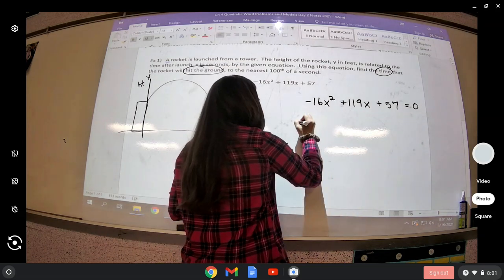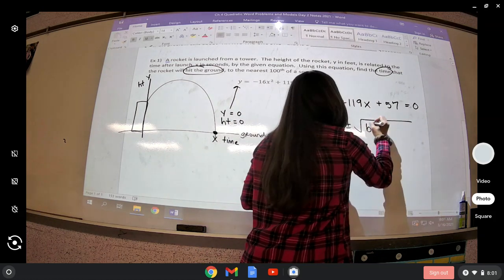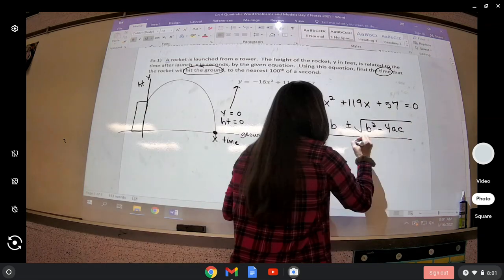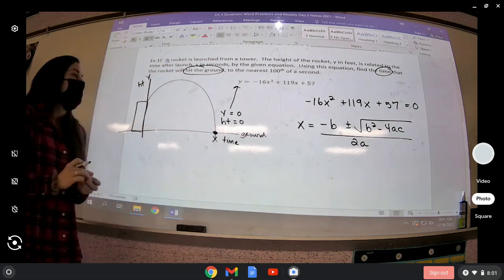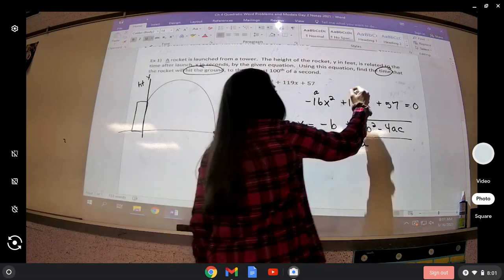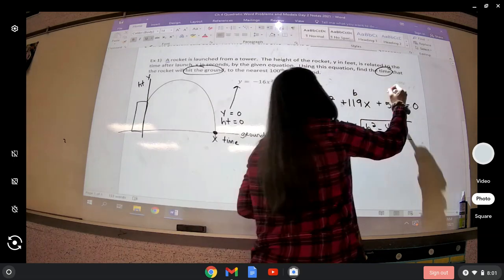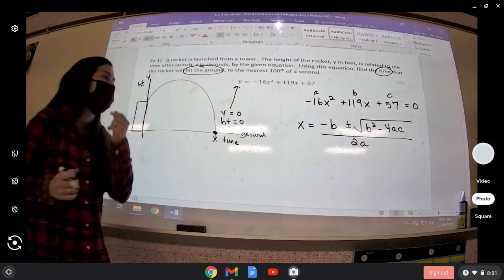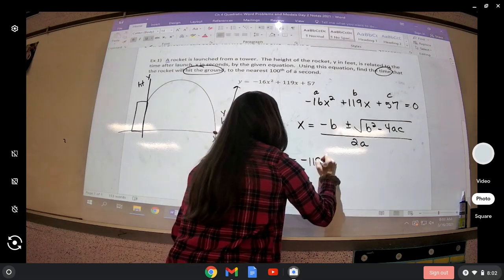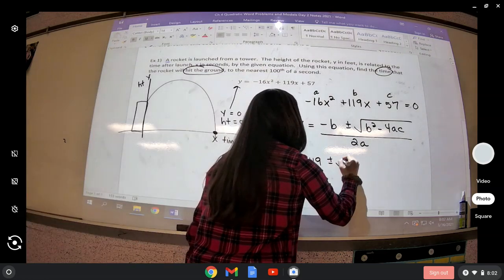And the quadratic formula says that x will equal the opposite of b plus or minus the square root of b squared minus 4 times a times c, and then all divided by 2 times a. So in this problem, a, the number in front of x squared, is negative 16. B, the number in front of x, is 119. So guys, the numbers are big and our answers are gonna be ugly. And then c, the number by itself, is 57. Let's plug them in. So x will equal the opposite of 119, so negative 119, plus or minus the square root of